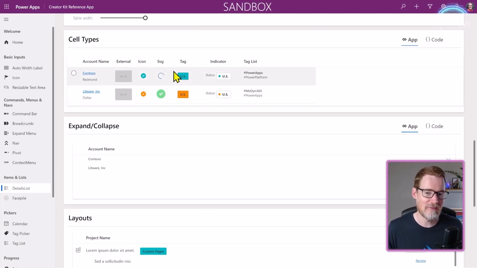You can see here there's different ways we can show indicators. We can have icons or embed SVGs, but we can also put text with different colors or a circle. We'll use that to format different columns, and depending on the width of the available screen, we'll show different formatting of those tags.